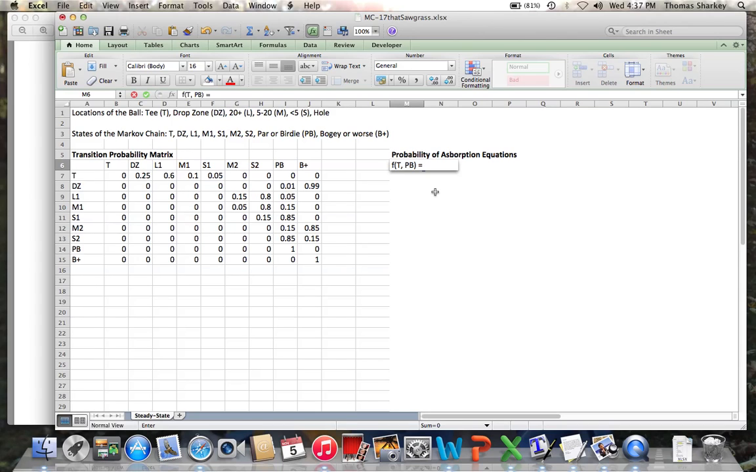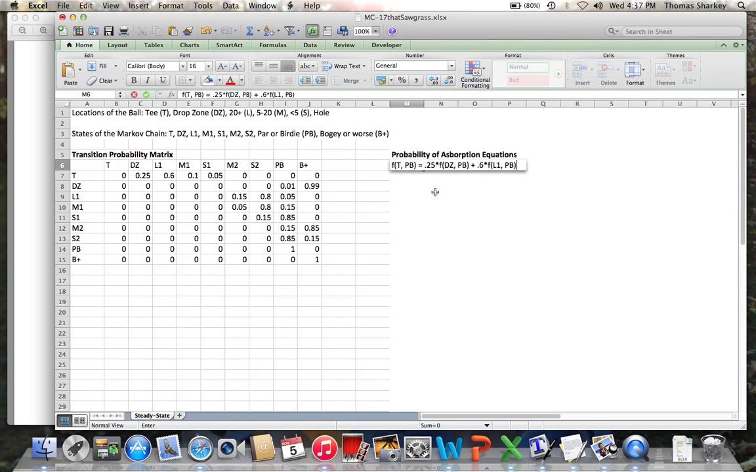Let's look at the drop zone. We have a 25% chance that we are in state T and we transition to state DZ. And then from there, the probability that we start in DZ and end up being absorbed by the PB state is defined to be F of DZ, comma, PB. And then we also have a 0.6 probability of transitioning from the T state to the L1 state. And then the probability of being in the L1 state and being absorbed by the PB state is defined as